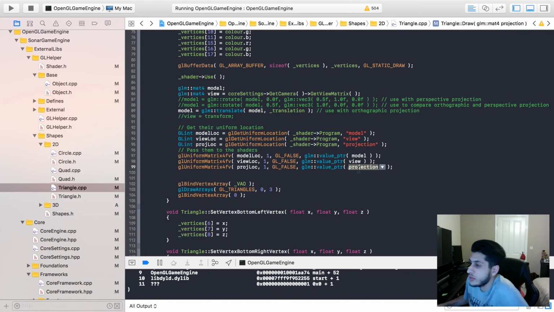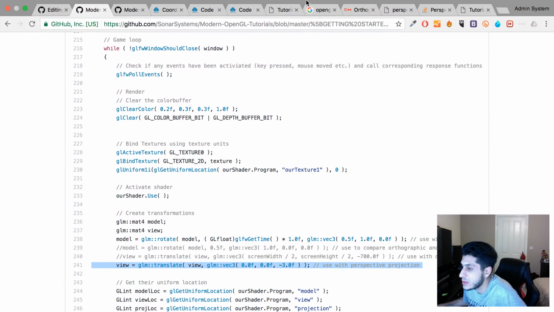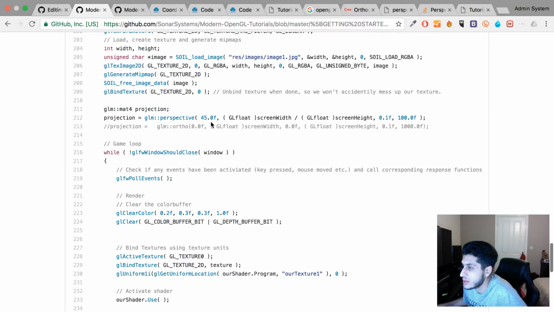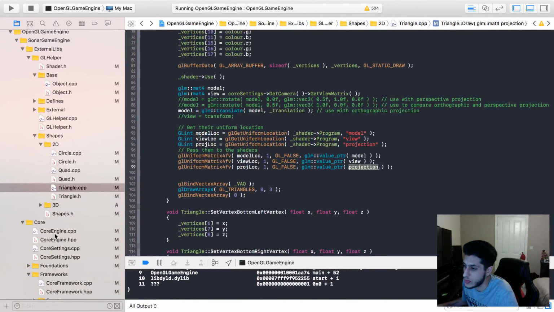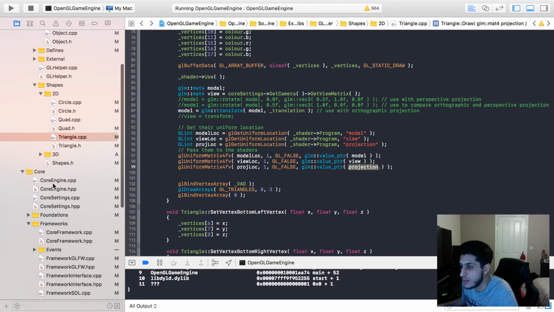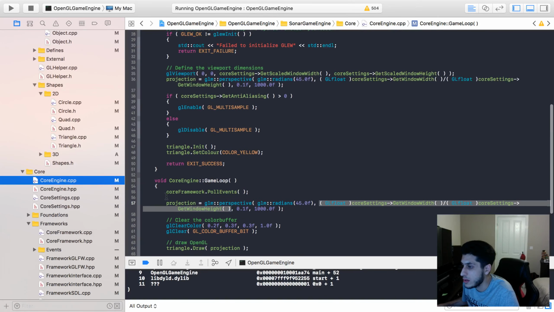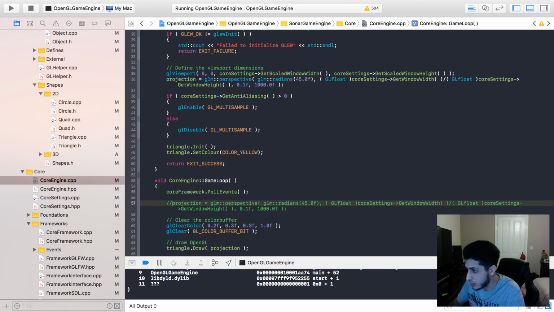Yeah, the projection's already passed in, so I don't need to deal with that. It's already this value over here. So if I were to set the projection to orthographic, let's have a look what we get. If I go to core engine, comment it out in the game loop, comment this out here,